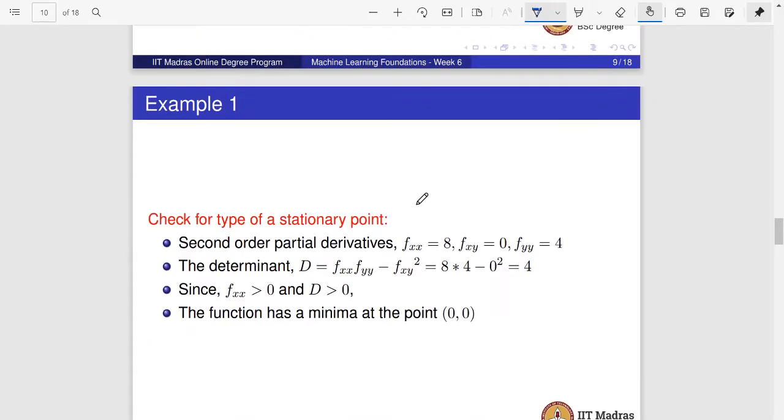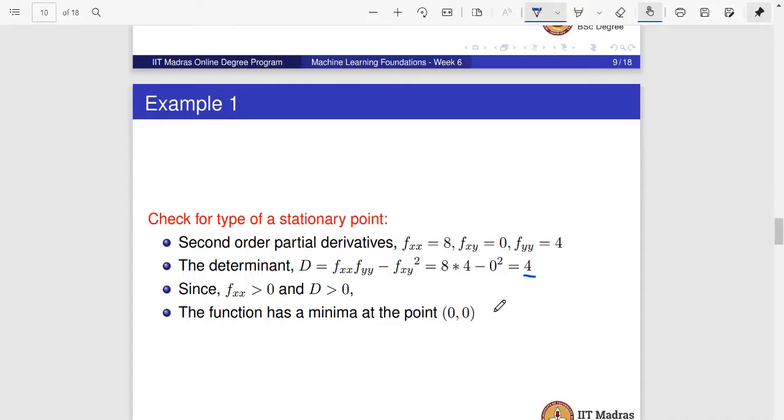We will also check the second order partial derivatives. The second order partial derivative with respect to x is 8, which is positive, and the other partial derivatives are f subscript xy equal to 0 and f subscript yy equal to 4. So if we calculate the determinant, it comes positive, which is 4. Since f subscript xx is positive and D is greater than 0, this means the function has a minima